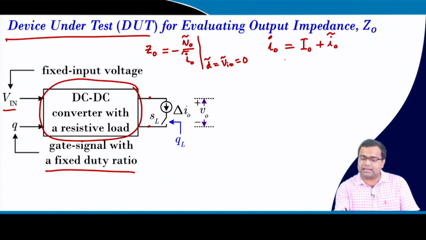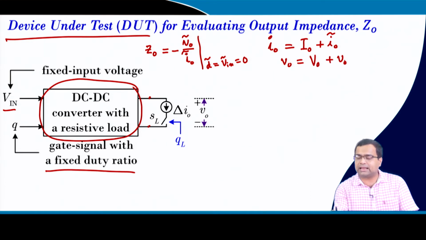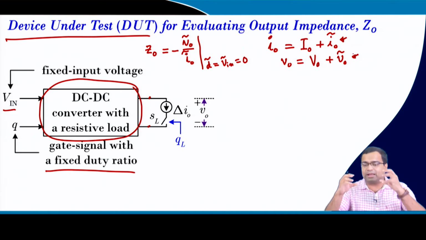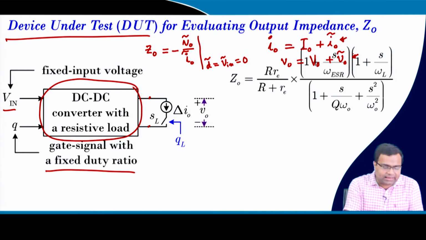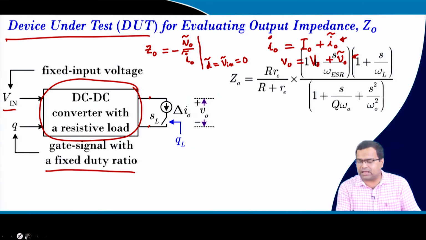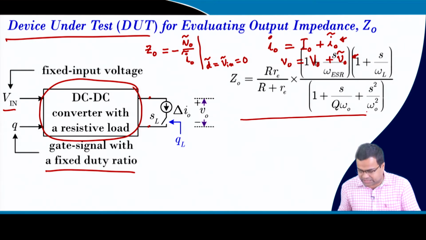Similarly, the output voltage will have two components, a constant output voltage and an excitation. Due to the excitation of the current, you will get an excitation in the output voltage. By measuring the peak to peak output voltage and the peak to peak of the current excitation, you can get the gain plot, and you should also measure the time shift to get the phase shift. So, here we are talking about output impedance, and we have already discussed the output impedance expression.